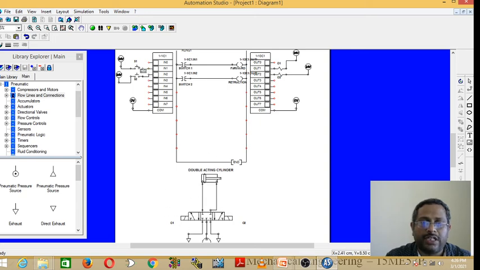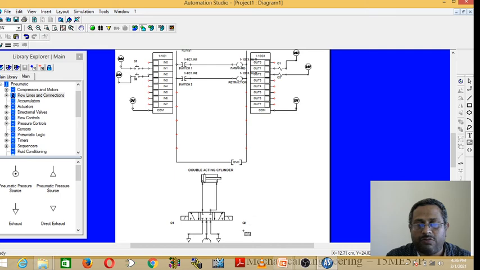Here, when you press F1, this forward coil will be activated and in turn it will energize the solenoid coil O1. This will energize this DCV forward coil and it will move forward, and the fluid, that is, air, will be supplied with high pressure to the piston end and it will force the piston to move forward.